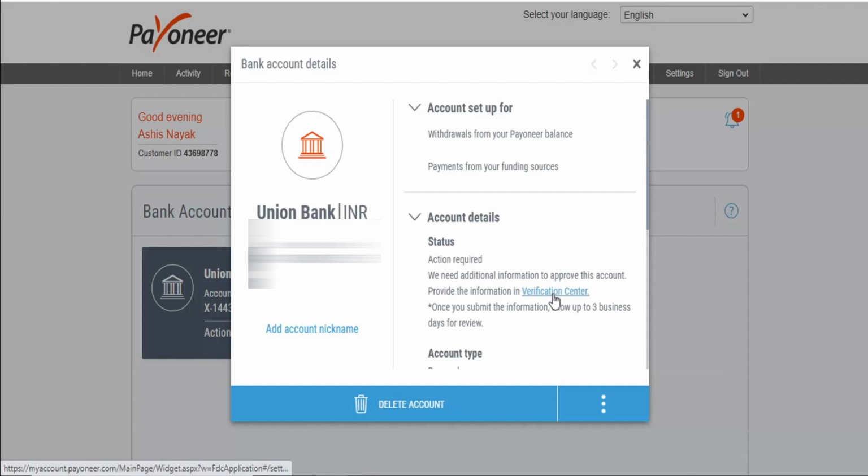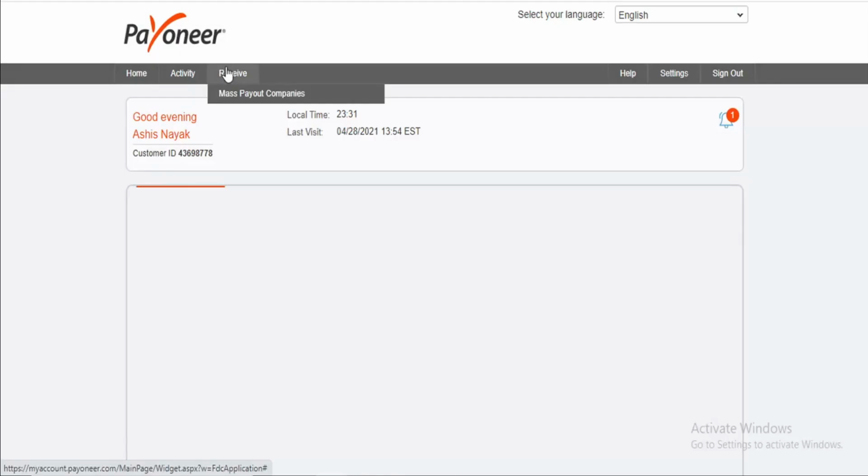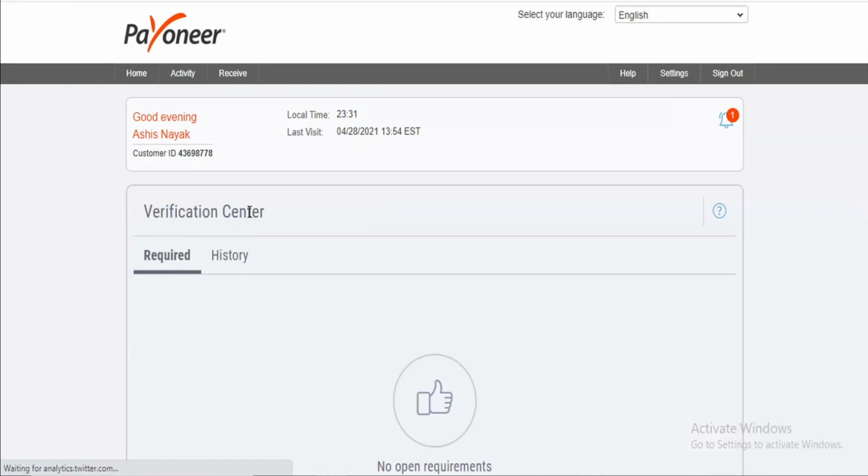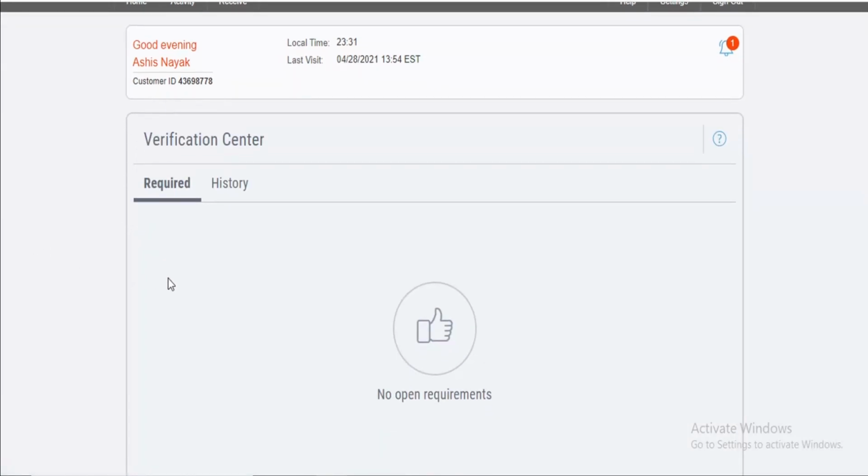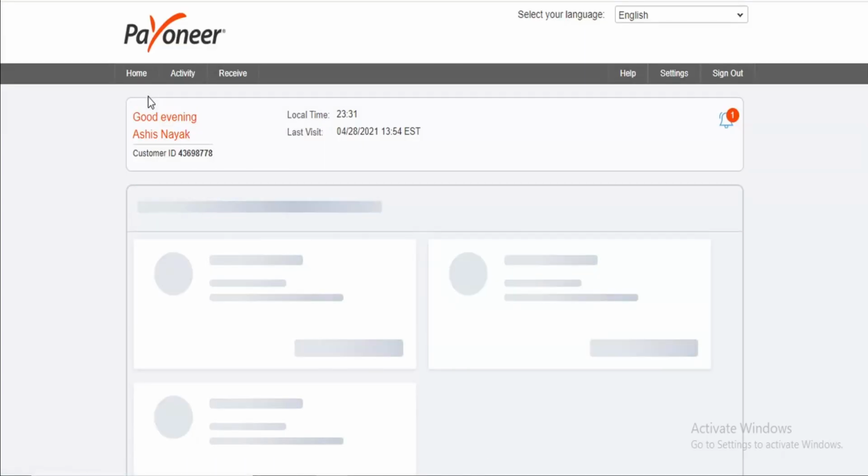Just click on this verification center and it will tell you if something is required to be submitted from your side. But here it is, so for me it is showing no open requirements, but just check it. If something is required, then submit that document. Okay, they might ask you for some bank check or bank proof, so if they are asking for it, just provide it. Otherwise, just wait for 3 more days and it will be approved by them.